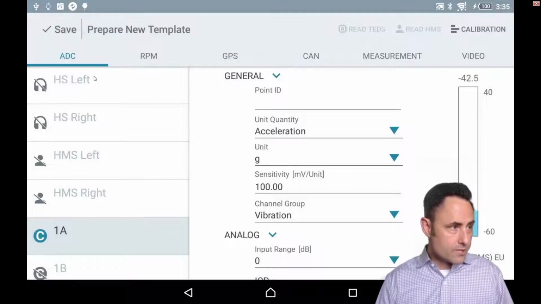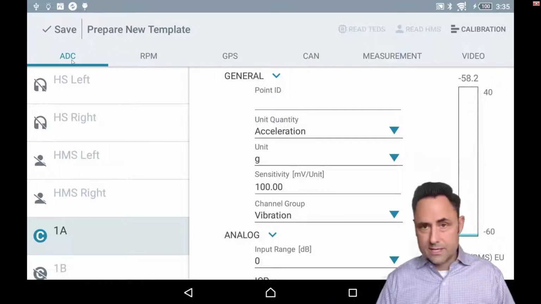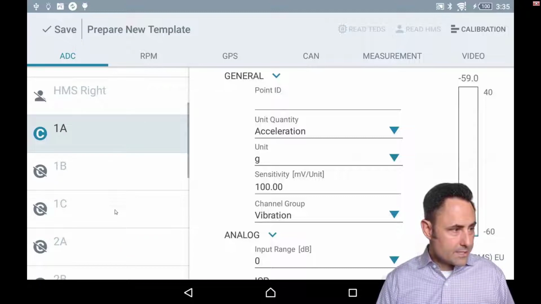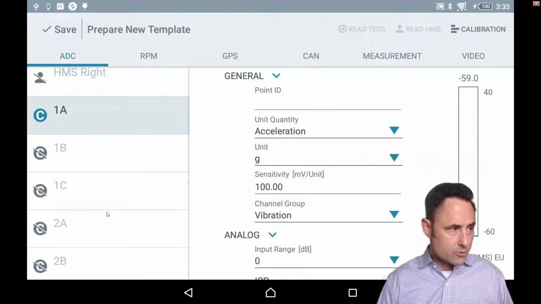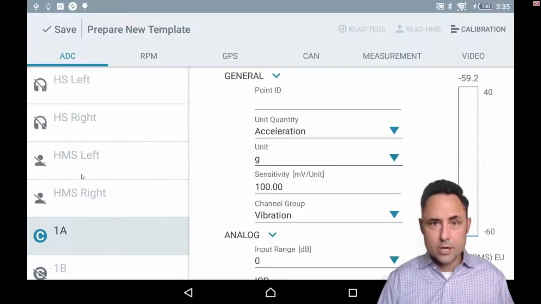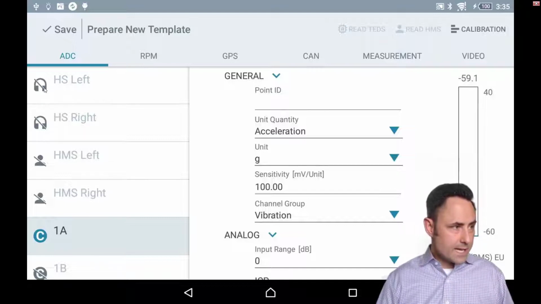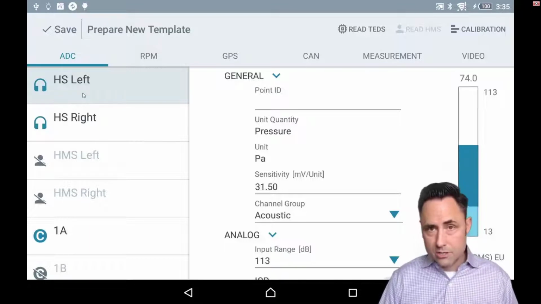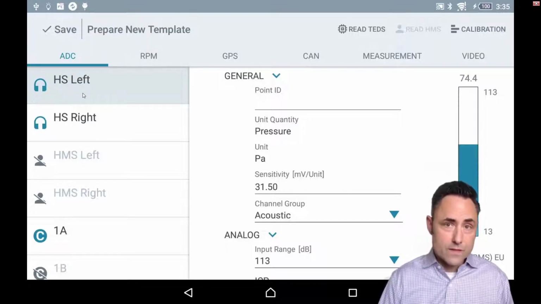Okay, and so this first tab, you see we have all these tabs across here. We're going to step through these as we set up the template. But really what we have here on the left is a list of the channels, and this is a 12-channel unit, and so I've got 12 channels plus the headset plus this binaural digital input that I can use for a secondary head measurement system. In this case, I'm going to turn the headset on, and this is pretty much set up already because it's a dedicated input only used with this headset.